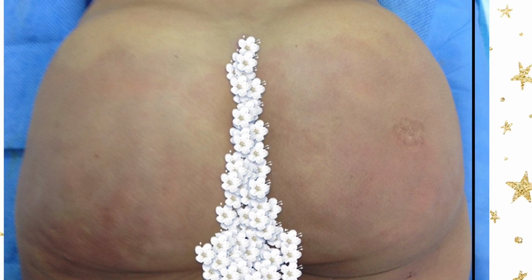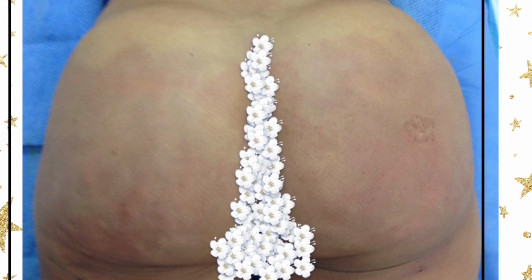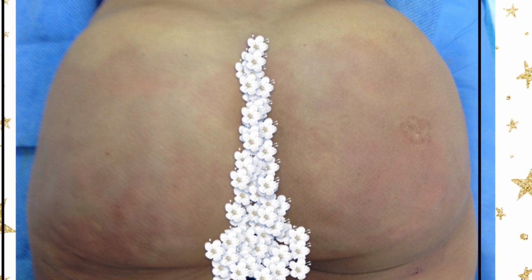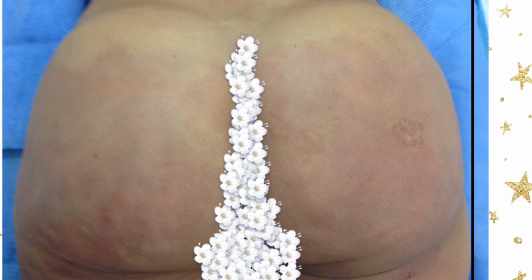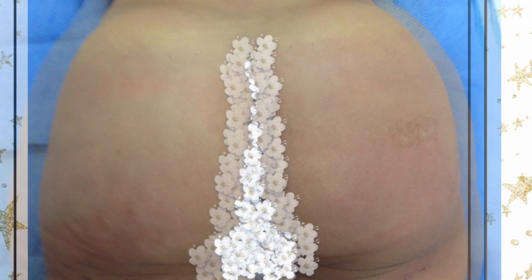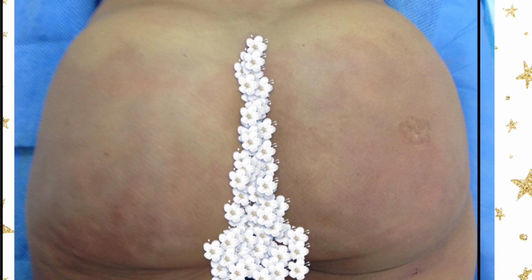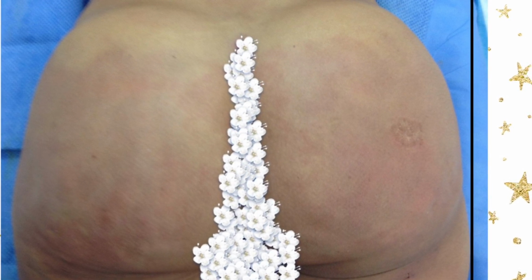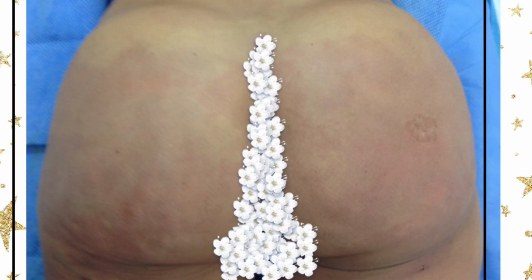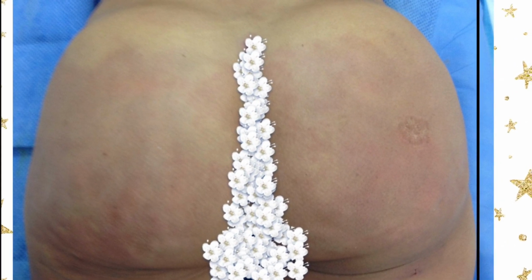There is a rationale, however, for staging the procedures. For instance, if a person has aspirations of having a huge buttock implant, I frequently recommend that an implant that may not fit for a patient or is unreasonable, that the patient start at a smaller volume. Like, for instance, if a patient wants a 700 or 600 implant, I tell them that the patient can certainly start at this smaller volume and then kind of upsize as the tissues expand